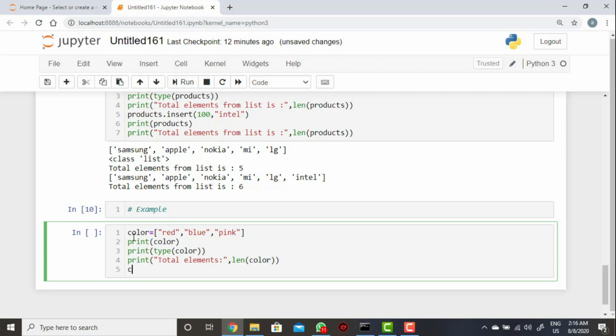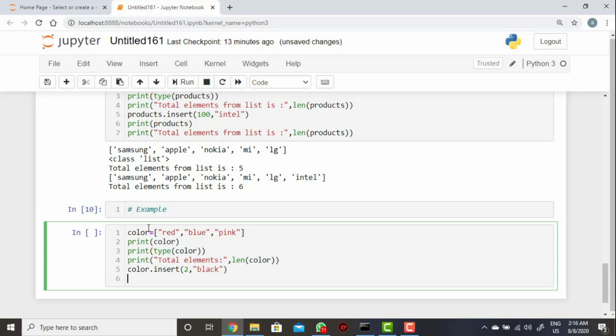Now I am taking color dot insert, then index number 2, and here you can use anything, I am taking black.